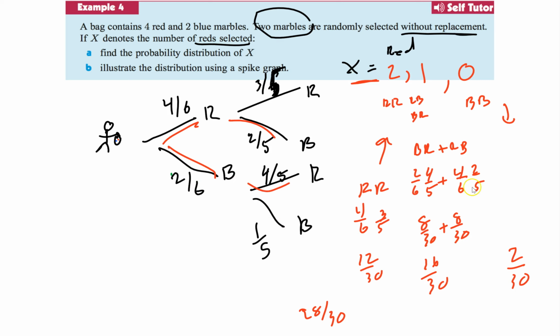So there's my probabilities. If you want to draw a little spike graph, we can. I could get 0, 1, or 2 reds. 0 is at 2 out of 30, so something small like this. 1 is 16 out of 30, so something a lot higher. And then 12 out of 30 is not close to that, but not totally low. That's my little spike graph. I should put the y values, but